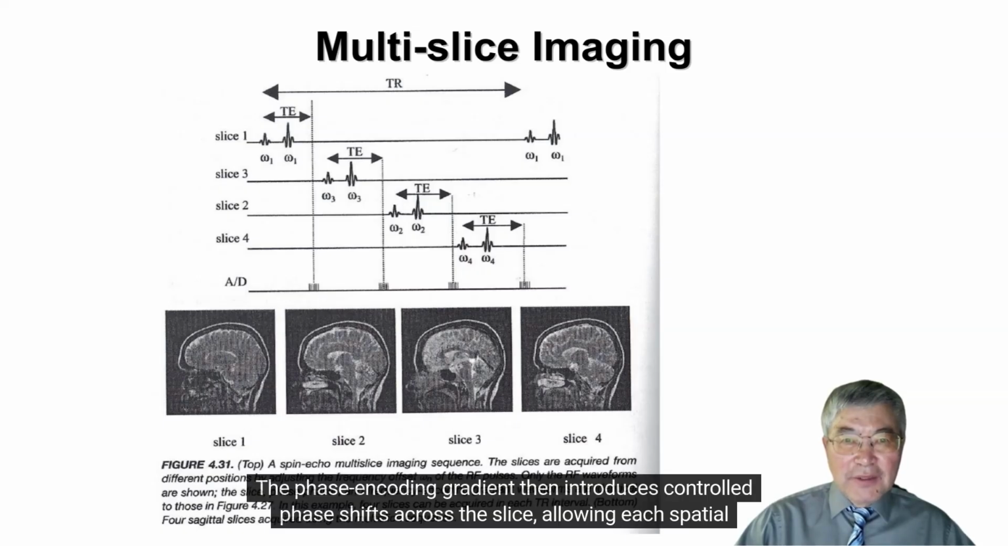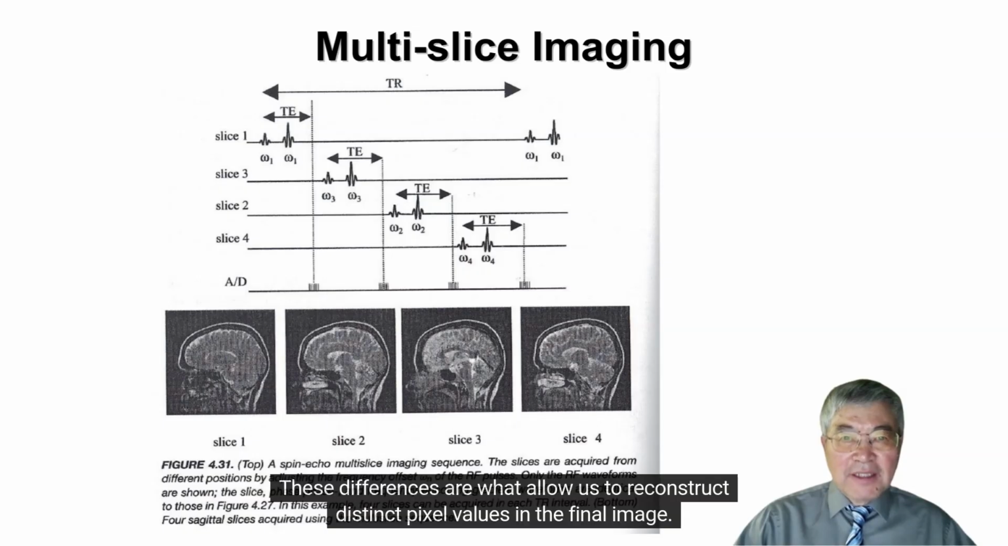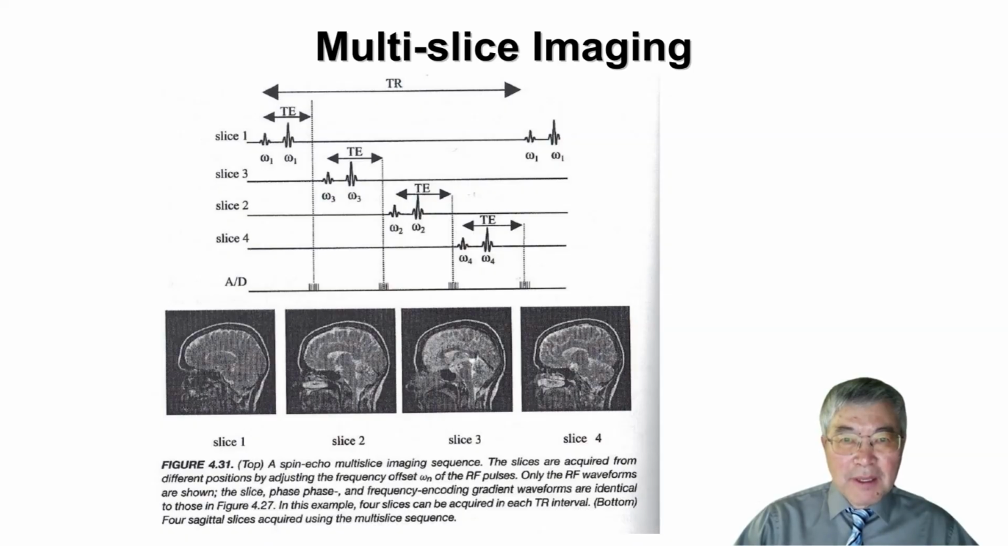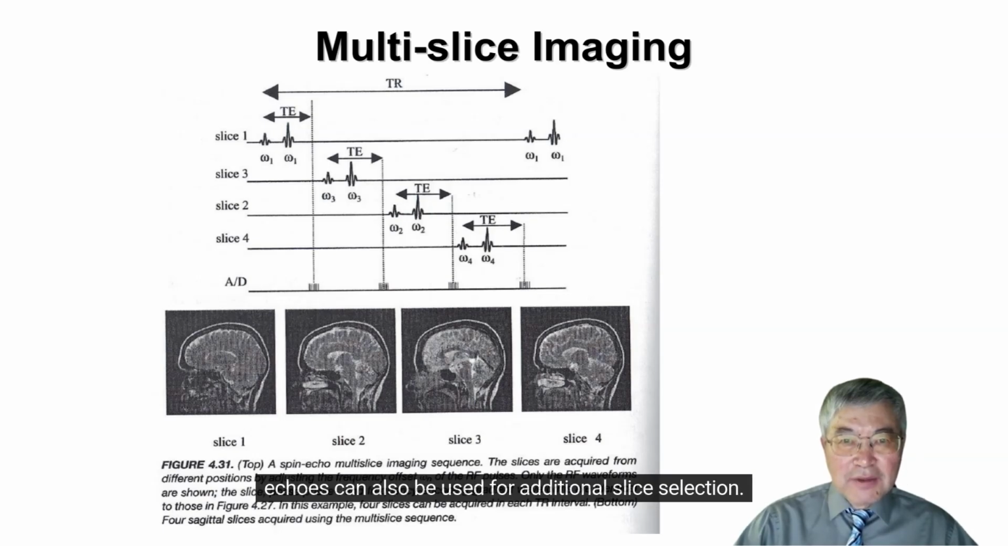The phase encoding gradient then introduces controlled phase shifts across the slice, allowing each spatial location to contribute a unique signal component. These differences are what allow us to reconstruct distinct pixel values in the final image. In the spin echo sequence, the two key timing parameters are the echo time, TE, and the repetition time, TR. By carefully adjusting these parameters, we can control image contrast, and importantly, the time between echoes can also be used